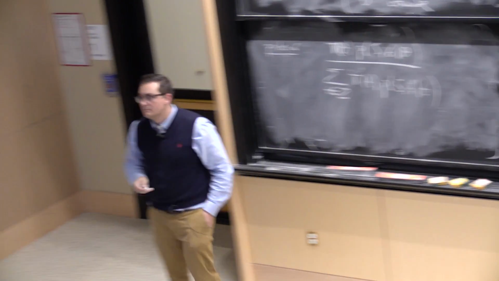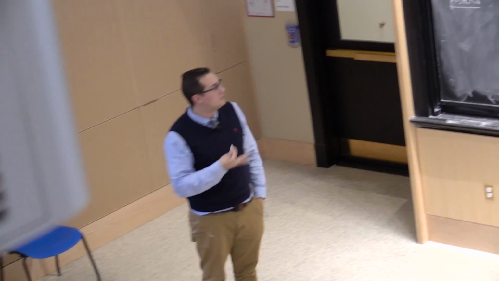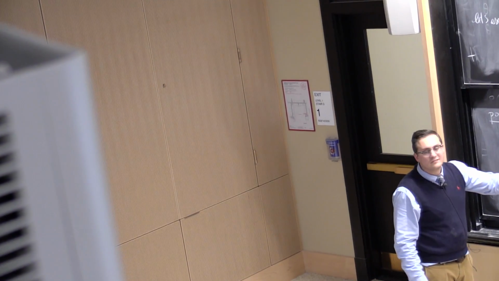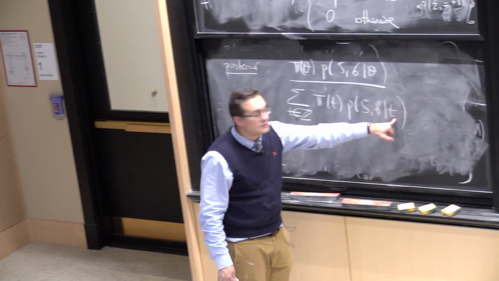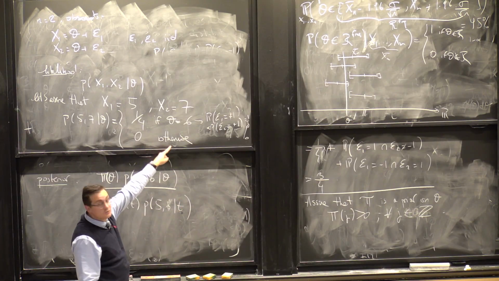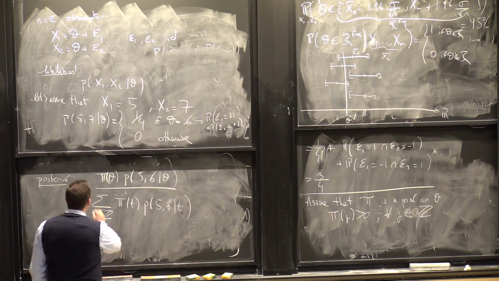Agreed? That's just the definition of the posterior. But when I sum these, there's only one that counts. Because for those things, we know that this is actually equal to 0 for every t except when t is equal to 6. So this entire sum here